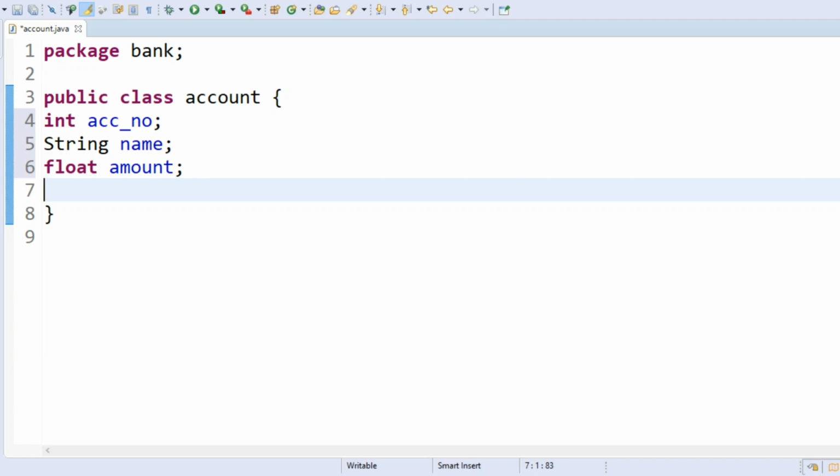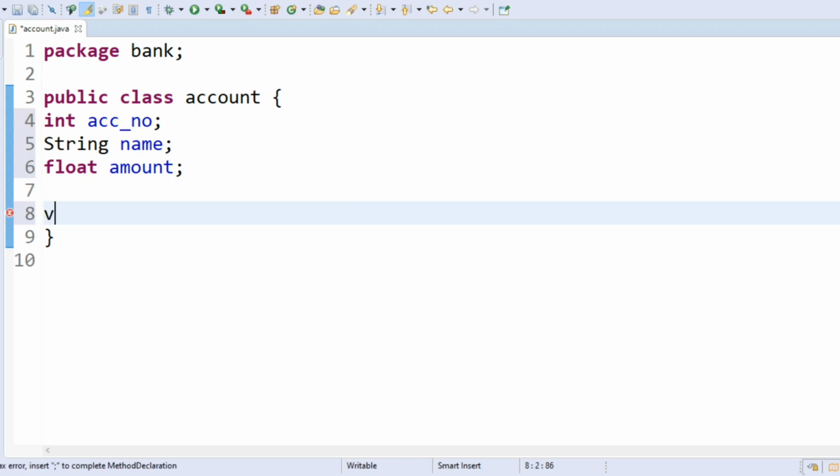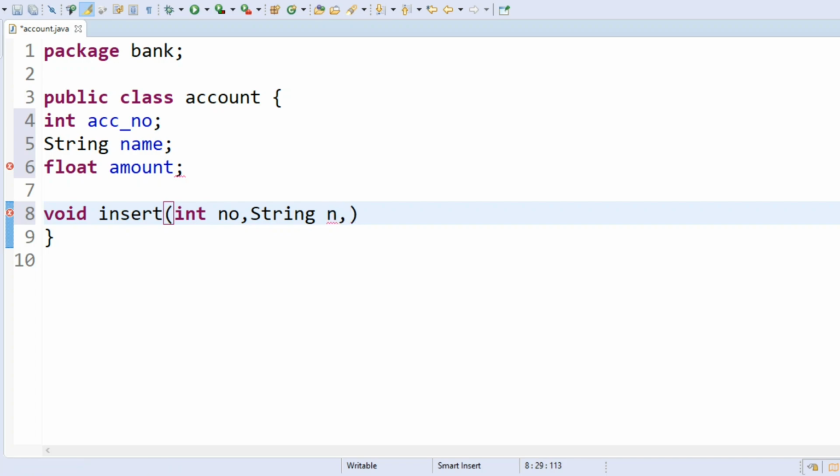For inserting the data, I used a method named void insert. For inserting the number, int number, for inserting the name, I am taking some string n, and for inserting the balance I am taking float balance.